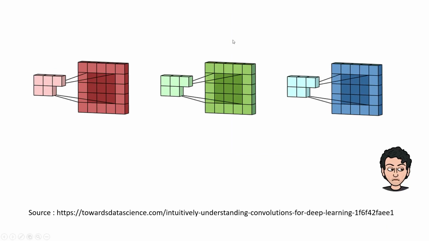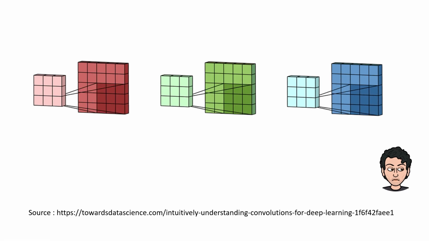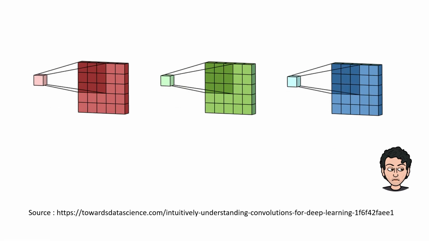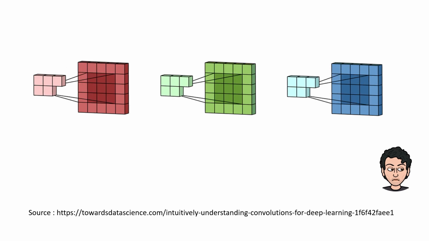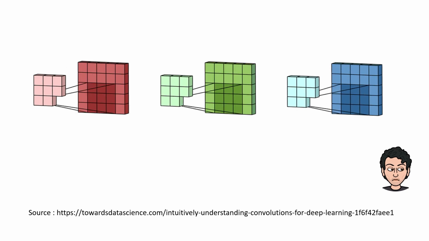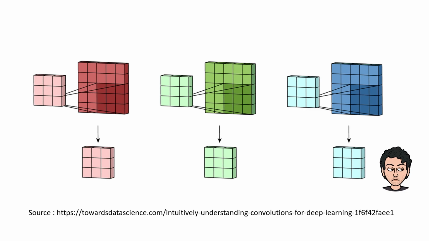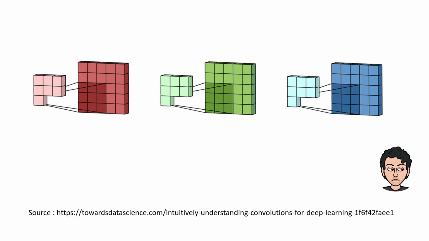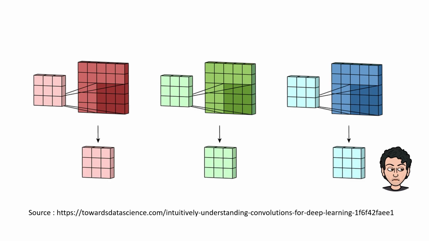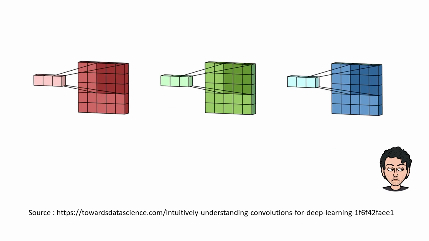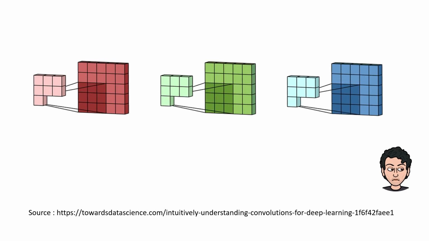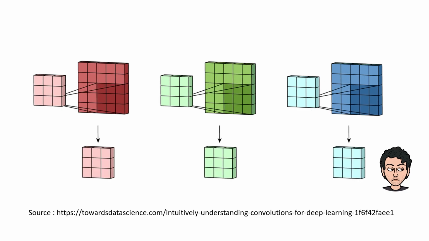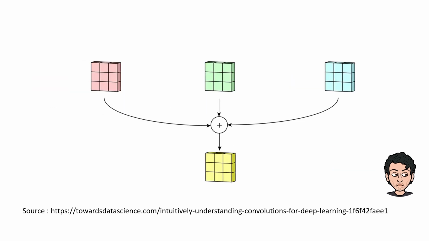So this is a great animation which is going to help you conceptualize the thing. I have posted the source below. I've taken it from Towards Data Science. I actually found this article very interesting, and it was very good. Assuming that there are a set of RGB images where we have 3 filters, they are going to extract the information accordingly for every single one of them, and then this information will be added together to form one stack of the convolved images.